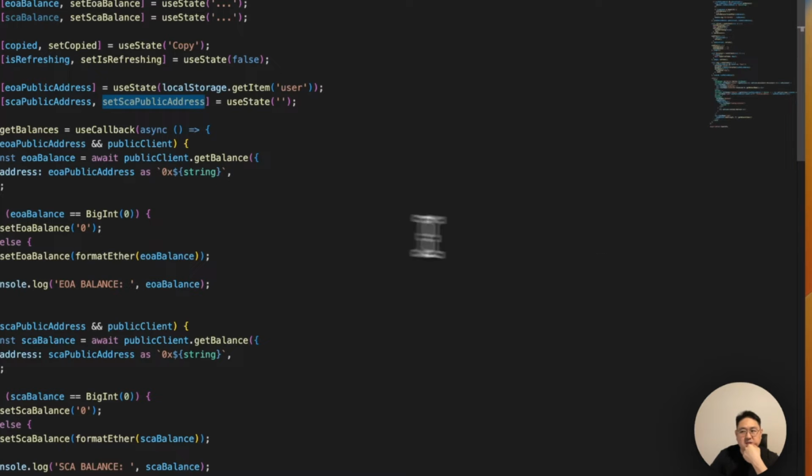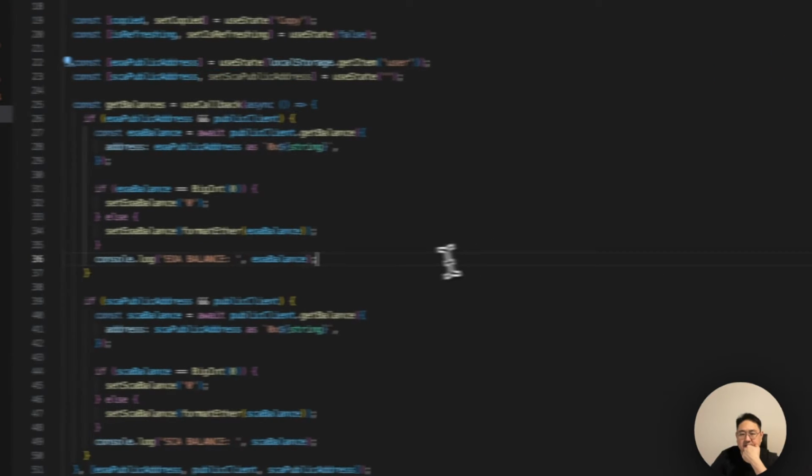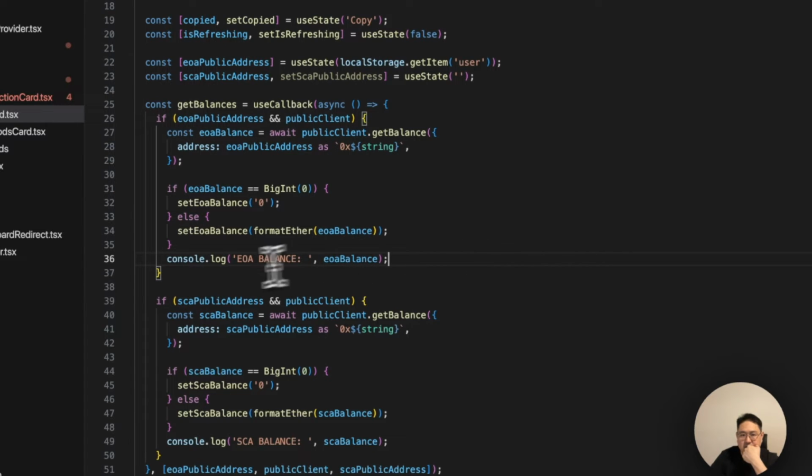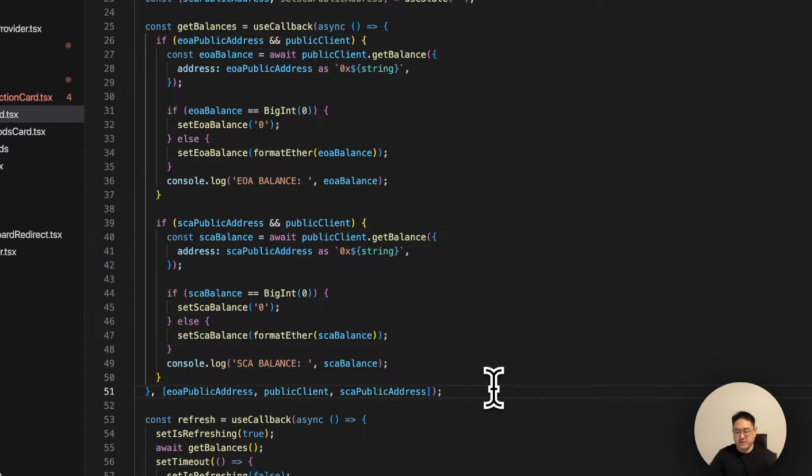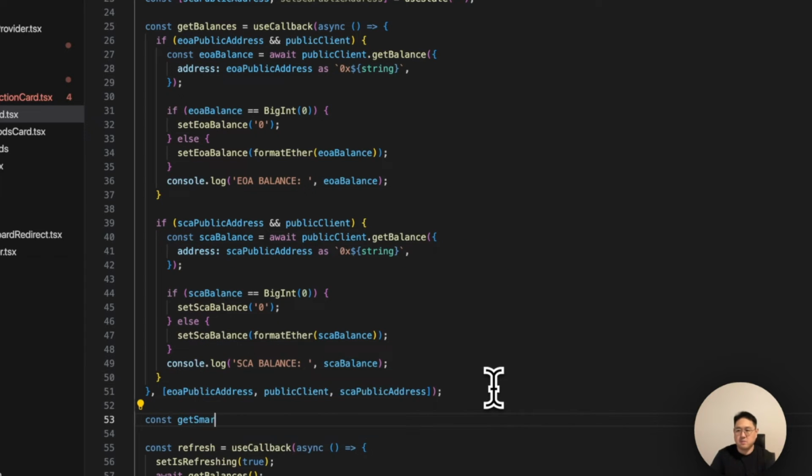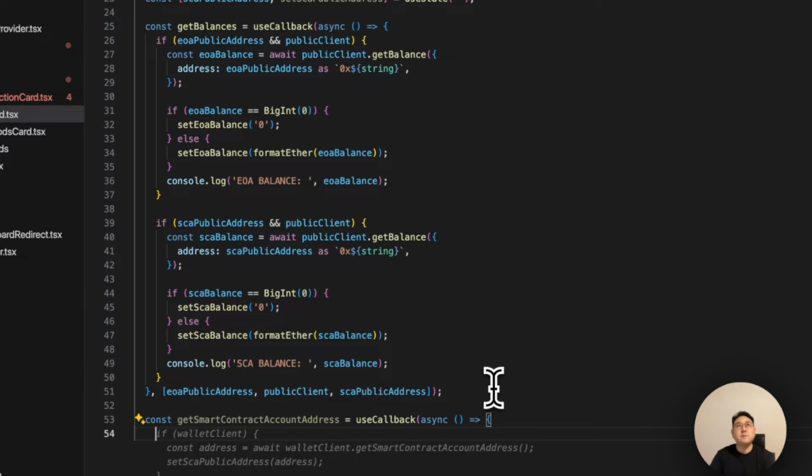Before we display it, we actually have to get the smart contract account. So let's do that. I'm also going to want to pass that into use effect. So we'll do const get smart contract account address. It's a mouthful, but let's make sure we know exactly what that's doing. Use callback. And in here, we're going to pull in the smart client from the use Alchemy provider hook that